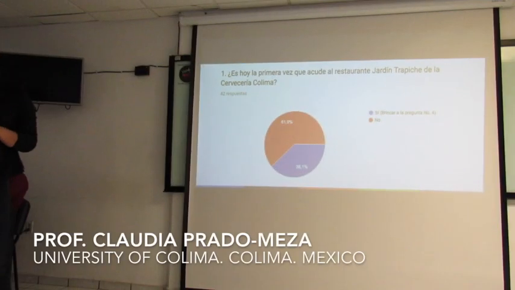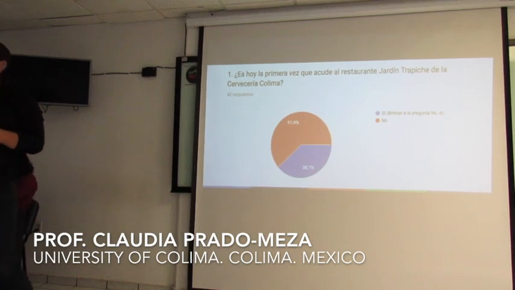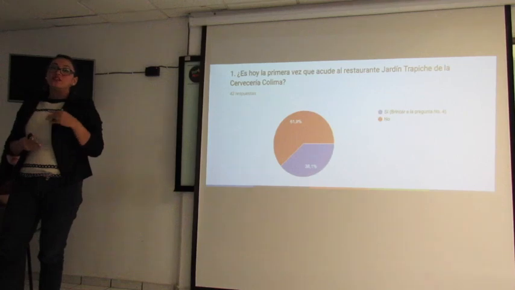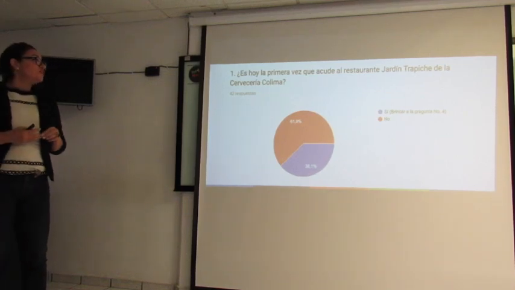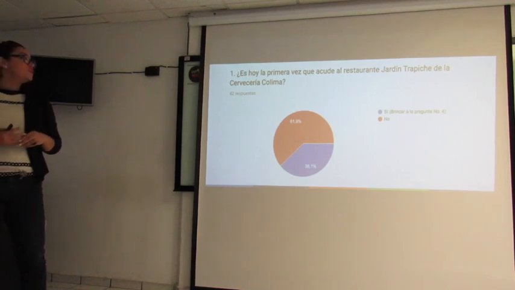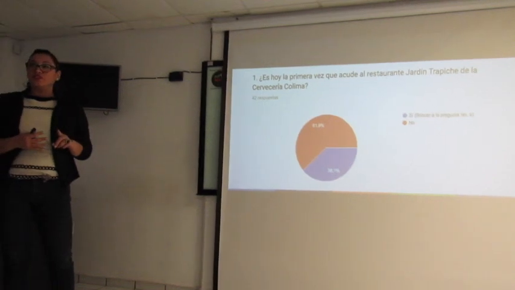So the students, both Fatma and Zineb, have been going for over 2 weeks now to the brewery, to Jardín El Trapiche, to do the surveys. So they have been going for 4 weeks. Each time that they have been going, there are an average of 10 surveys done. So as of now, we have already 41 respondents.